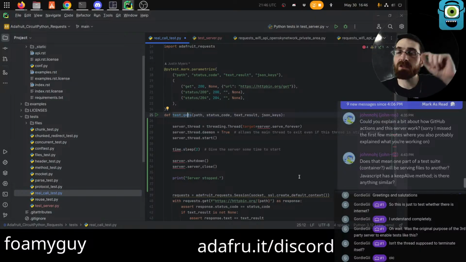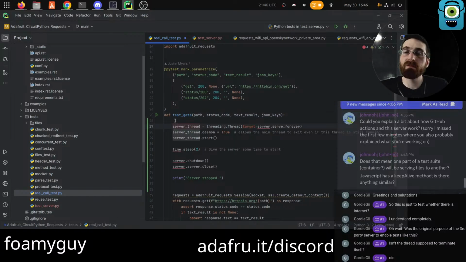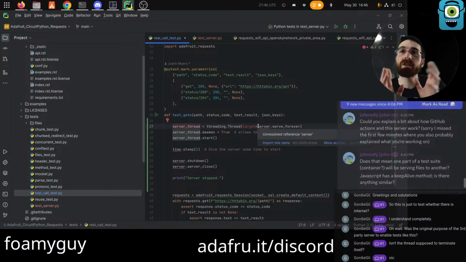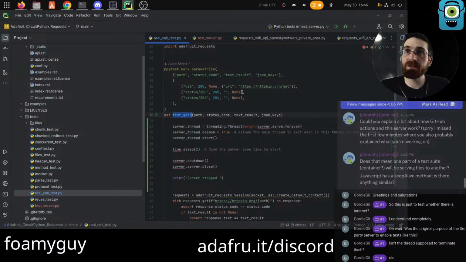So my intention is not that one test hosts the server and one test tests against it. Right now I'm only working with one test, so if we do expand it, there's room to figure out how we really want it to go. But right now my idea is just this one starts it, this one does its test suite, and then this one shuts it down. All within this one test.